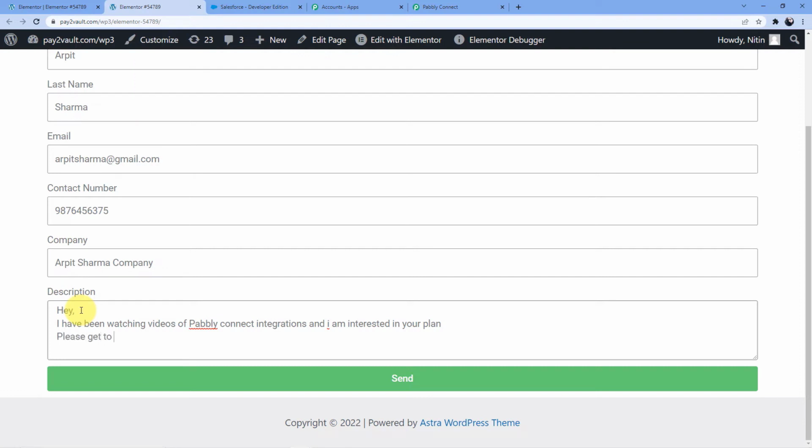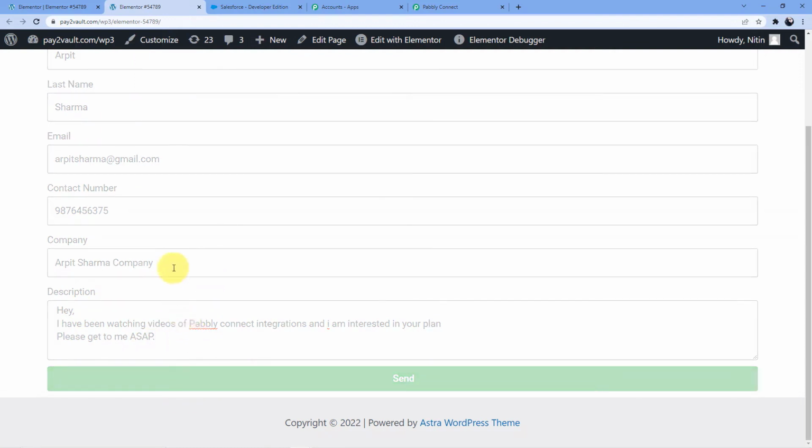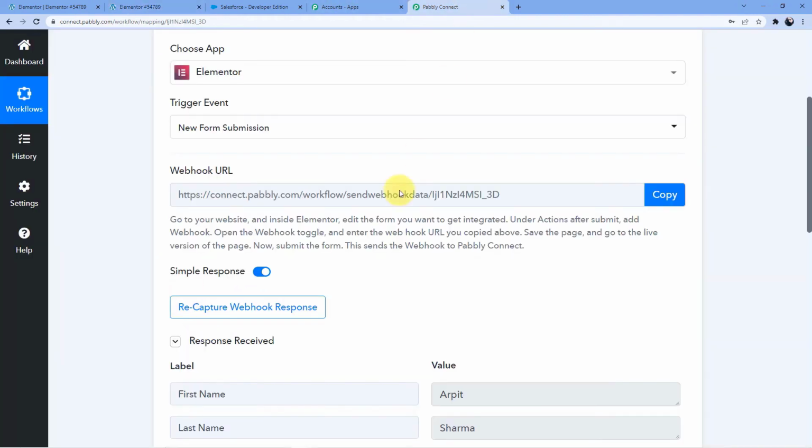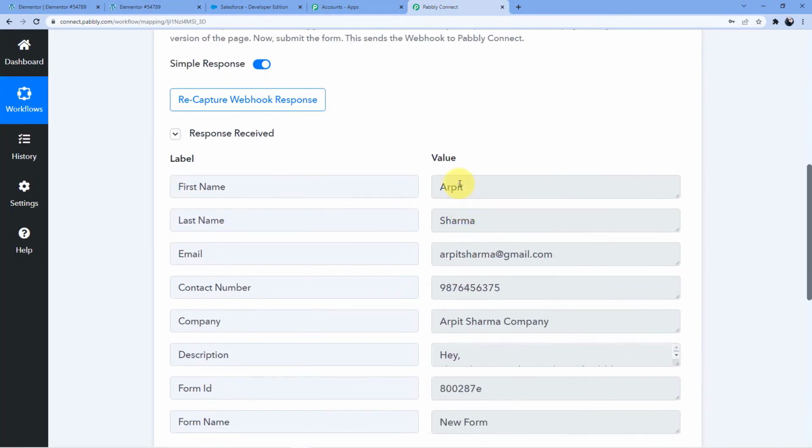Please get to me ASAP, which means as soon as possible. Okay. Now, what I'm going to do is I'm just going to click on send. And as soon as I click on send, you can see the form was sent successfully. And here in Pabbly Connect, I have the response: Arpit Sharma,